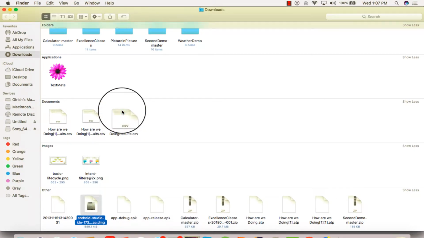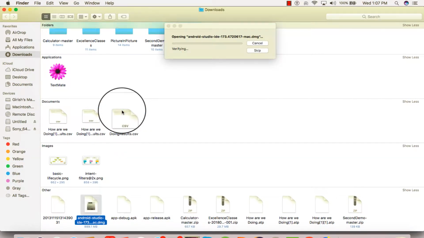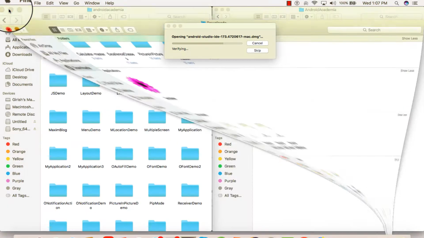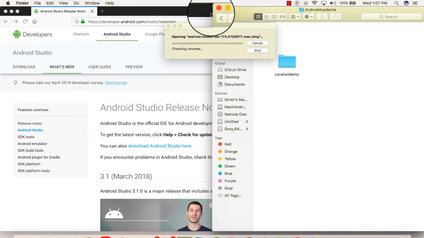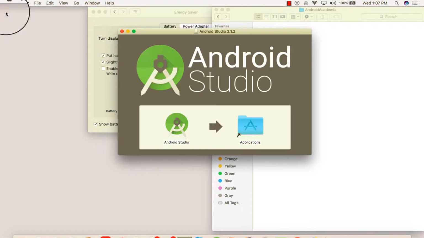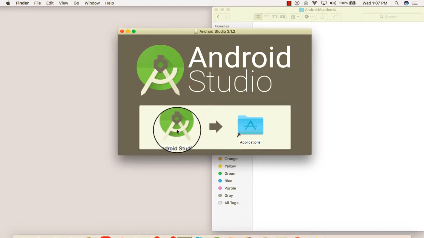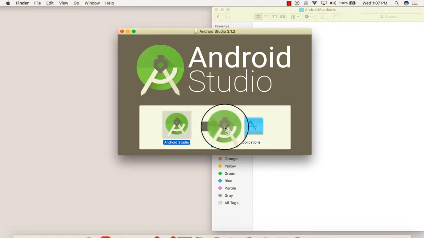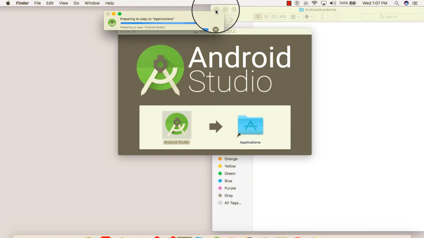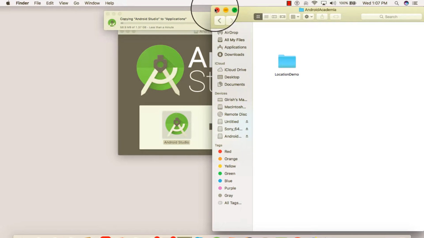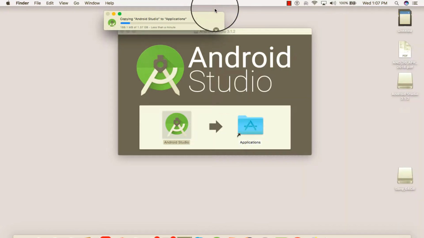Here like this, and it will verify. Okay, so what I need to do out here is just drag and drop it to Applications. So here it is, like this. All right. So it is preparing to copy. It is something about 1.37 GB, and